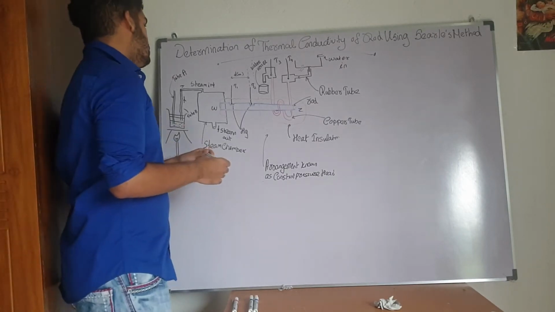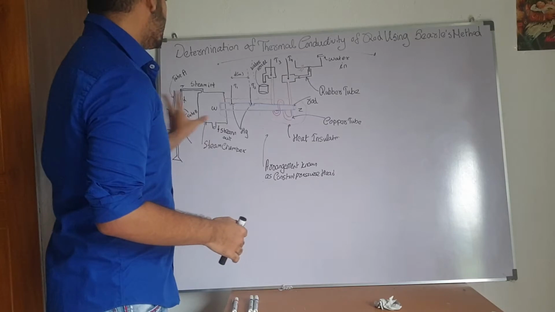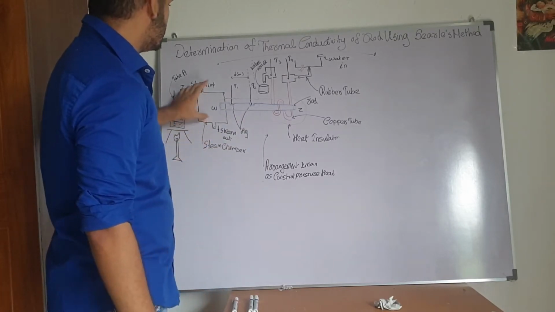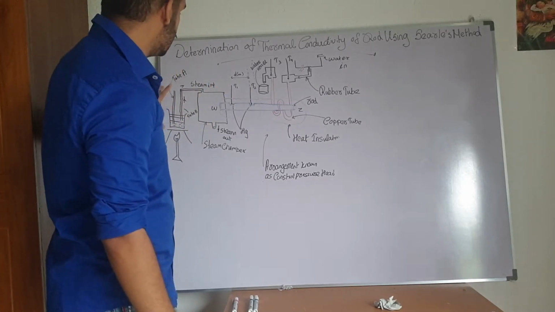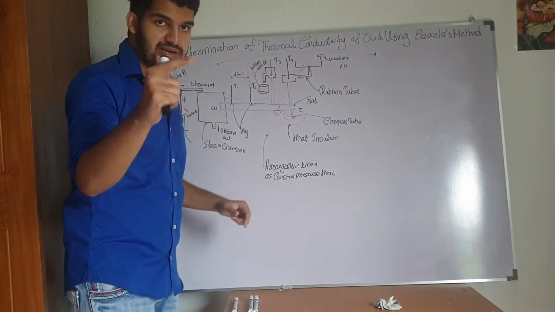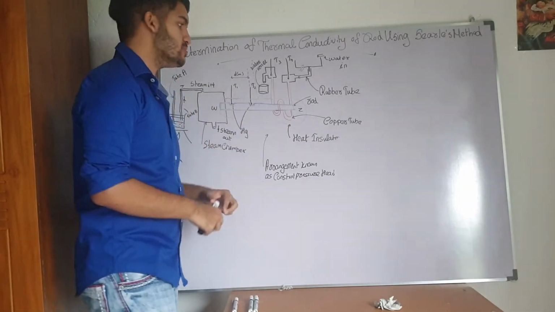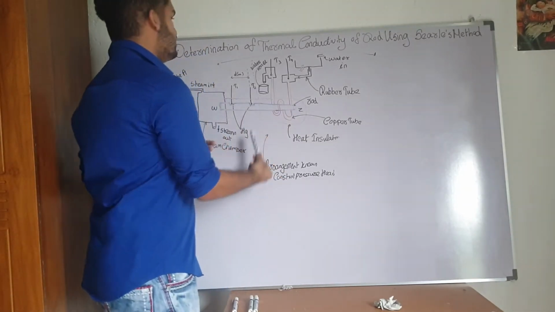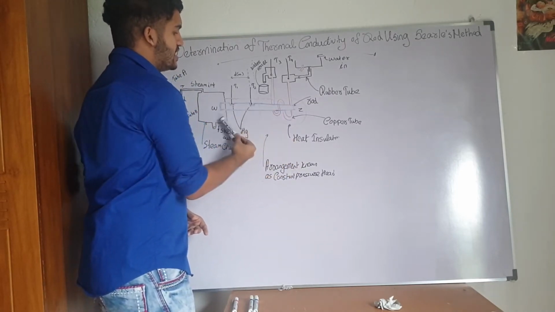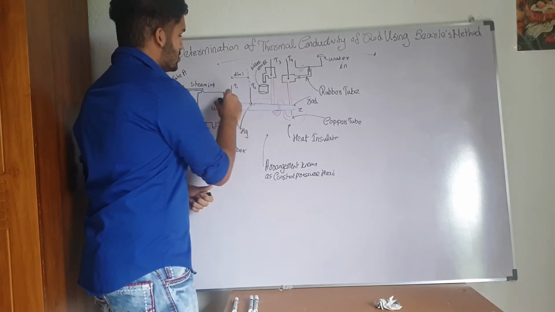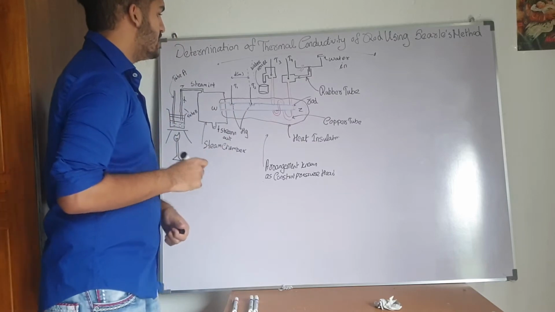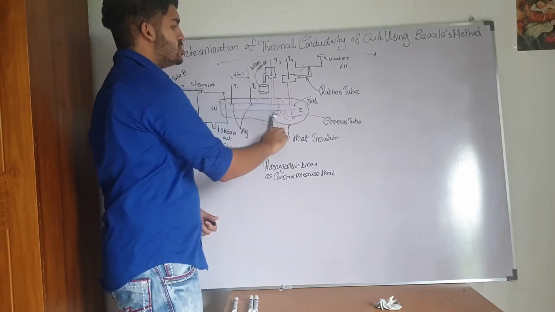First of all you would require all these apparatus. This is called the boiler, the burner, the tripod, and you will need the steam chamber, and these two tubes, this tube and this tube, and you will need a meter ruler, a vernier caliper, and a stopwatch. We will need this water vessel, and a good heat insulator to cover this. This is covered by a good heat insulator, and we will need this special arrangement.